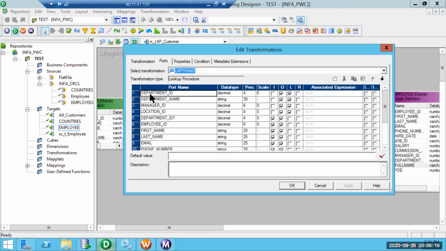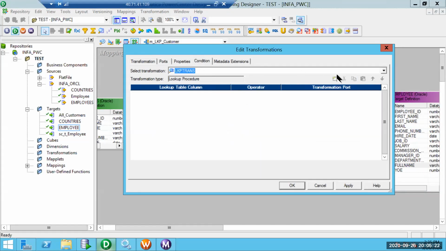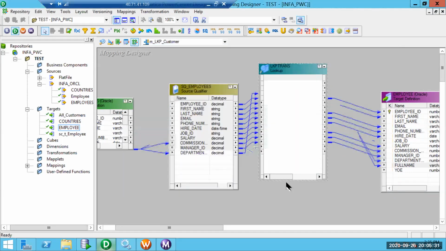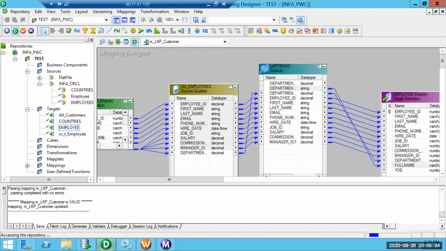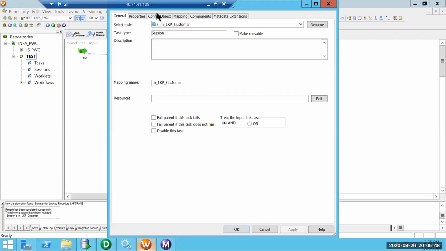These fields we don't want cached, so I'm deleting them. The remaining, we need a lookup on department ID. Perfect. So we will see all the values again. That is what is going to drive. The expectation is that 108 records in the source get converted into 109 here, and then we load 109 records. We'll do some small changes after refreshing the mapping in the session.